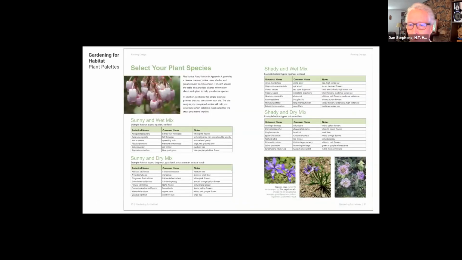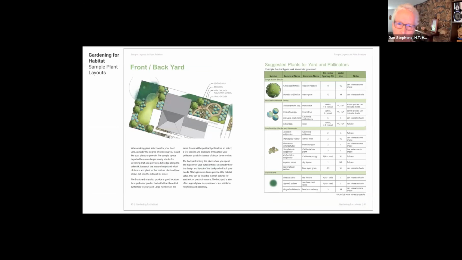Again, we have a variety of ready-made suggested plant palettes for people, depending on how sunny or shady or wet or dry their location is. So just some ready-made plant mixes that people can pull from. Next. And similarly, we provided a template, and this is the one for the front and the backyard,